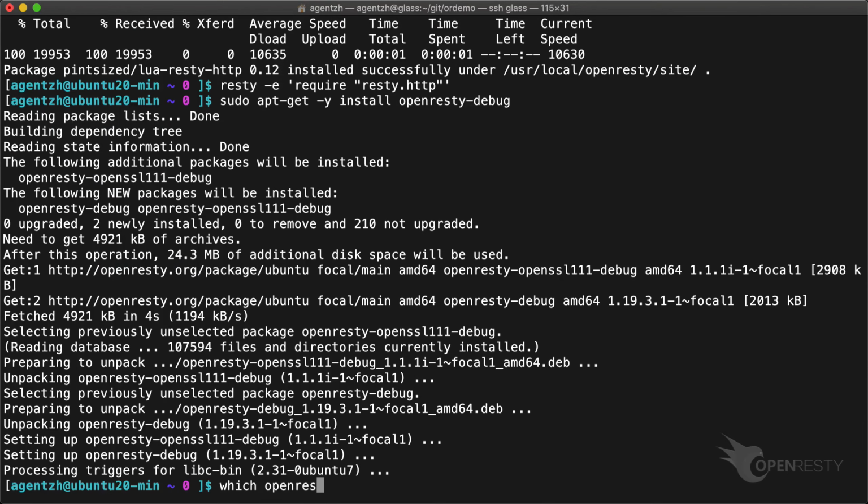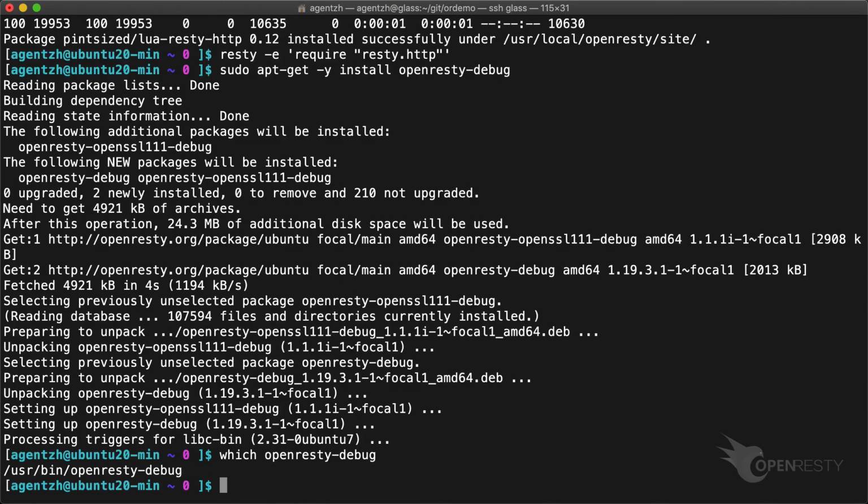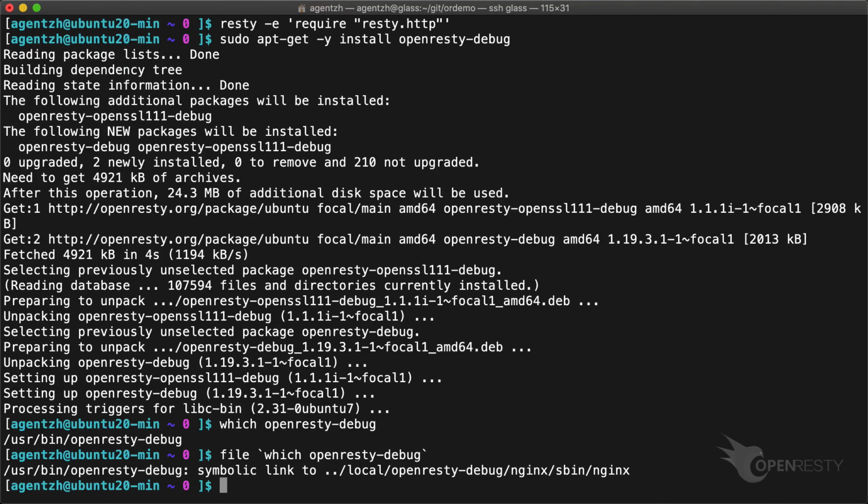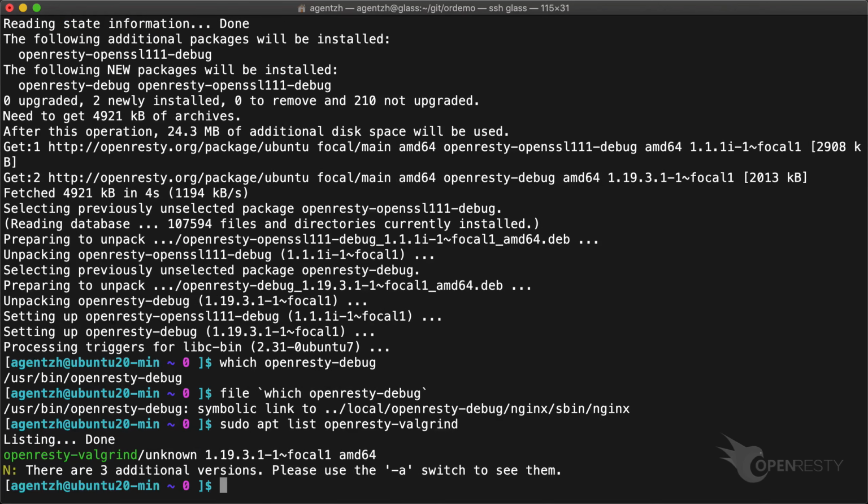There is also a debug build of OpenResty which includes debugging logs and all the internal assertions enabled. We can invoke this debug version of OpenResty like this. This OpenResty debug executable is also a symbolic link. We should never use it in production since it is much slower than the release build. Furthermore, there are also special builds for checking memory issues via Valgrind. Try these when you have memory issues to debug. We may cover these in future tutorials.